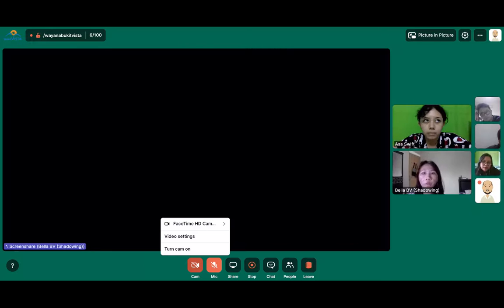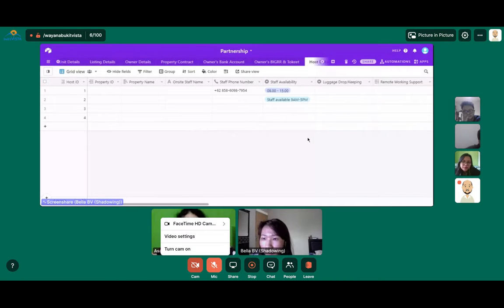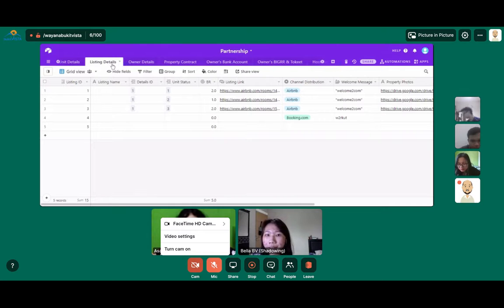So, who is responsible for inputting the data from the content request form into this Airtable? Is it supposed to be the content team? Okay, for the listing, yes. The listing is the content or marketing responsibility, which is Kak Gani. Oh, okay then. Thank you.